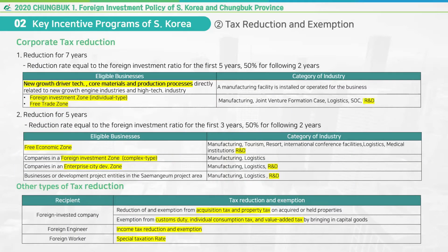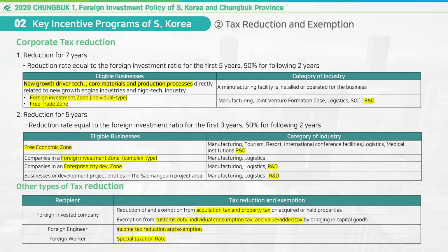There are several types of tax reduction and exemption programs. For the 7-year reduction program, tax is exempted by 100% for the first 5 years and reduced by 50% for the following 2 years. The eligibility is to invest in preferred industries such as new growth drivers, technology, and established firm in some designated